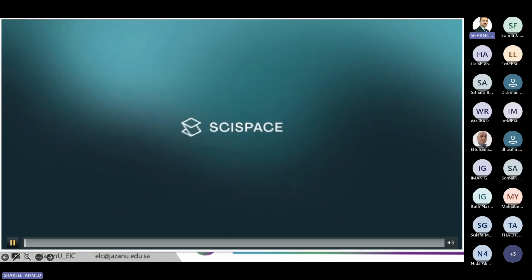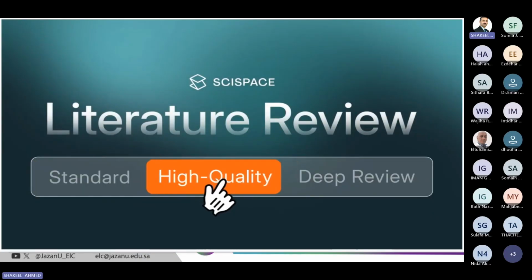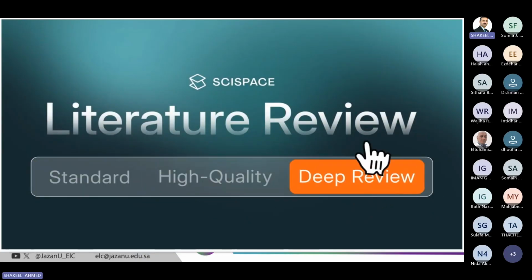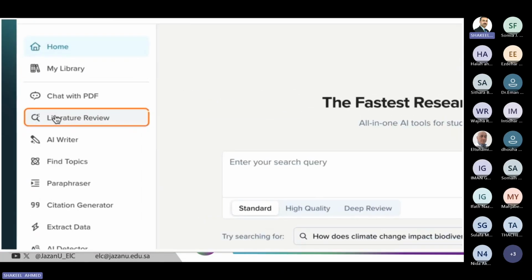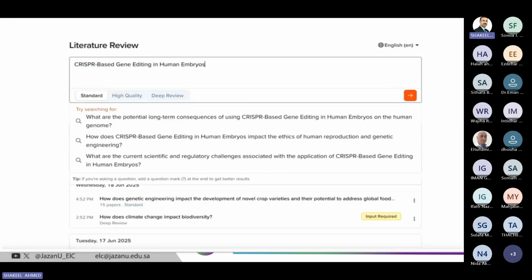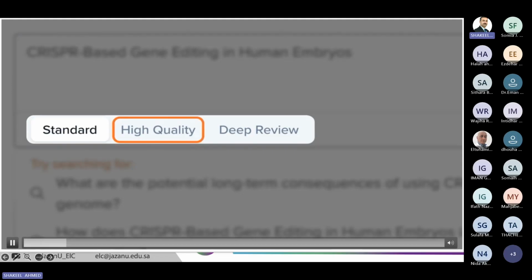Welcome to this quick tutorial on how to conduct an effective literature review using SciSpace. This walkthrough is designed for researchers and students looking to streamline their review process and access relevant academic papers faster. To get started, head over to the search page. Enter your research query. Select a review mode based on the depth of analysis you need. Standard Review analyzes around 250 papers for a quick overview. High quality review covers up to 400 papers, providing more detailed summaries and stronger sources. Deep review processes over 1,000 papers, performing a